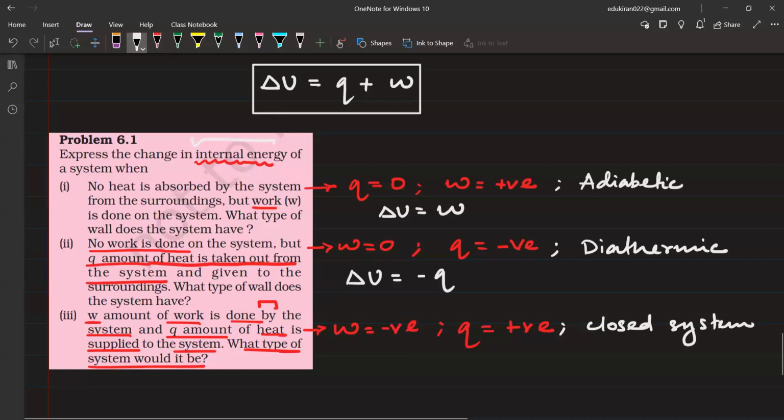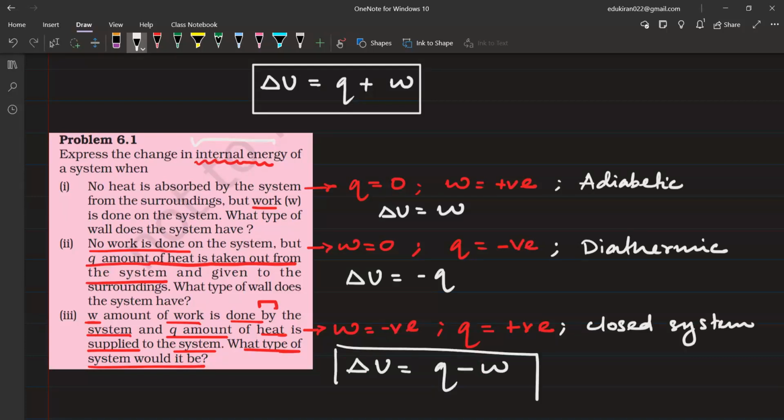Achha. Next we have delta U equal to Q is positive, W is negative, so Q minus W. All of you got this? Yes or no? Please tell me, guys. Sir, how is the third one a closed system? See, in this case, we can call it both. You can call it an open system, and you can also call it a closed system. But they are not talking anything about the removal or addition of mass. That is why we consider it to be a closed system. Okay, so they are only talking about heat and work done by the system.